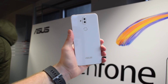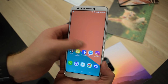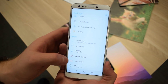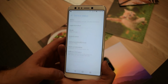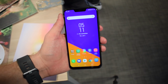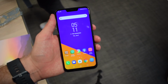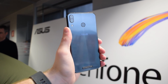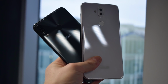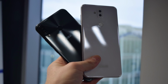Asus is joining the fray at MWC 2018 with a trio of new phones, all of which belong in the ZenFone 5 family. Asus is launching a pair of flagships which seem to only be differentiated by the processing package found inside. The ZenFone 5Z sports a top-end Snapdragon 845 SoC and will retail for $499, while the ZenFone 5 packs in a more mid-range Snapdragon 636 SoC and will most assuredly retail for less, although we don't have an